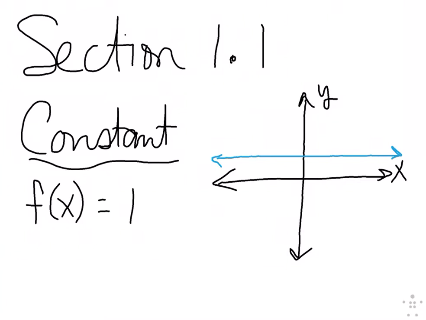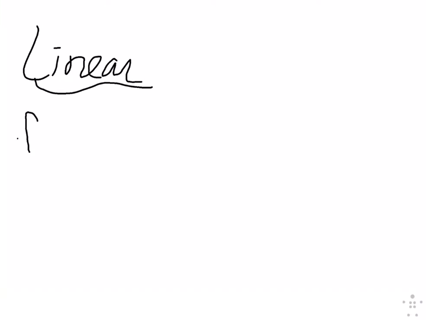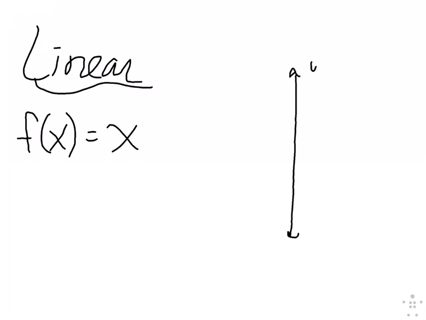So the first family will look like a straight line left to right. The second family is called linear. If I say the word linear, what word do you think of? Yeah, and you should, okay, because that's what it is. So the function itself is going to look like f of x equals x. That's what the parent looks like, or is written like. And then as far as what the graph looks like,